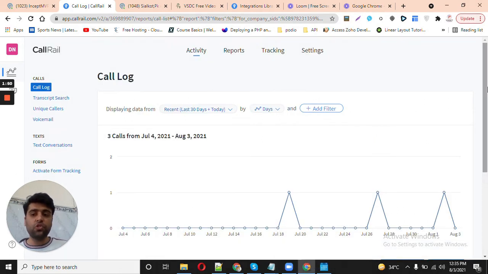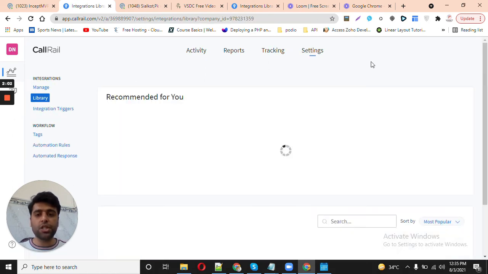And then you can do different things. There are workflows that you can build, and in that way you can move this call details to different CRM systems, and it can be connected with different software. I can show you here the software it can be connected with.